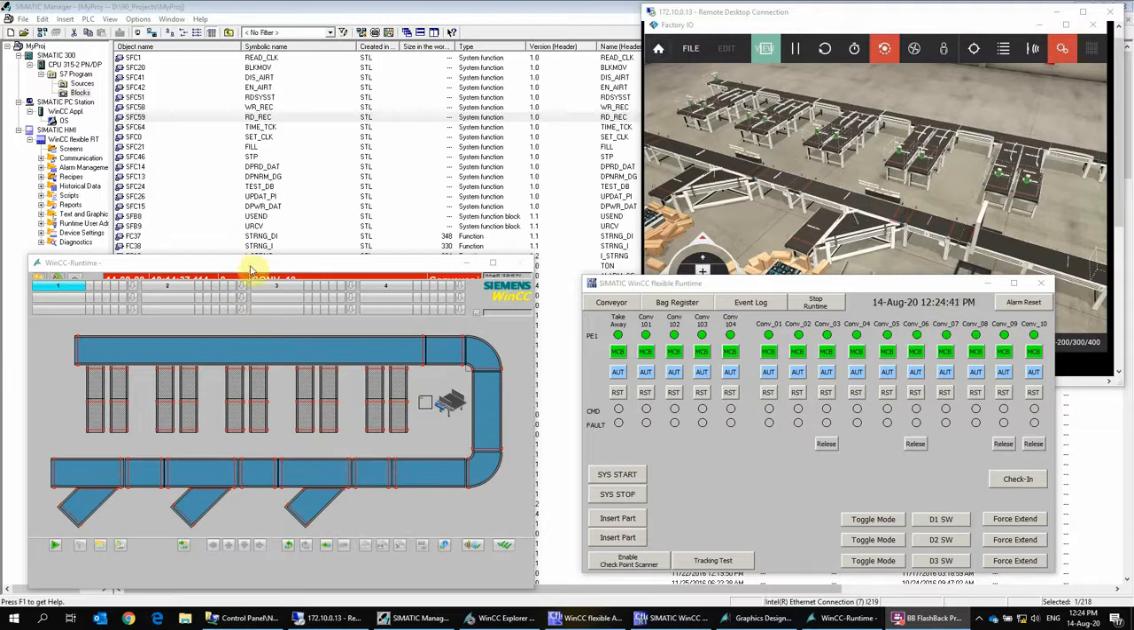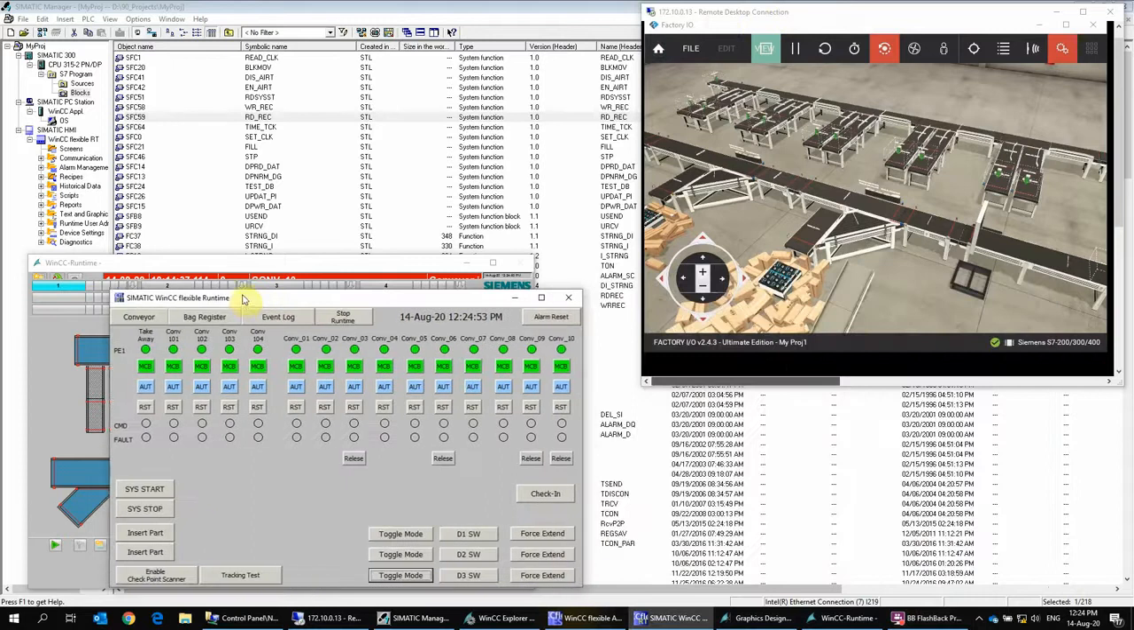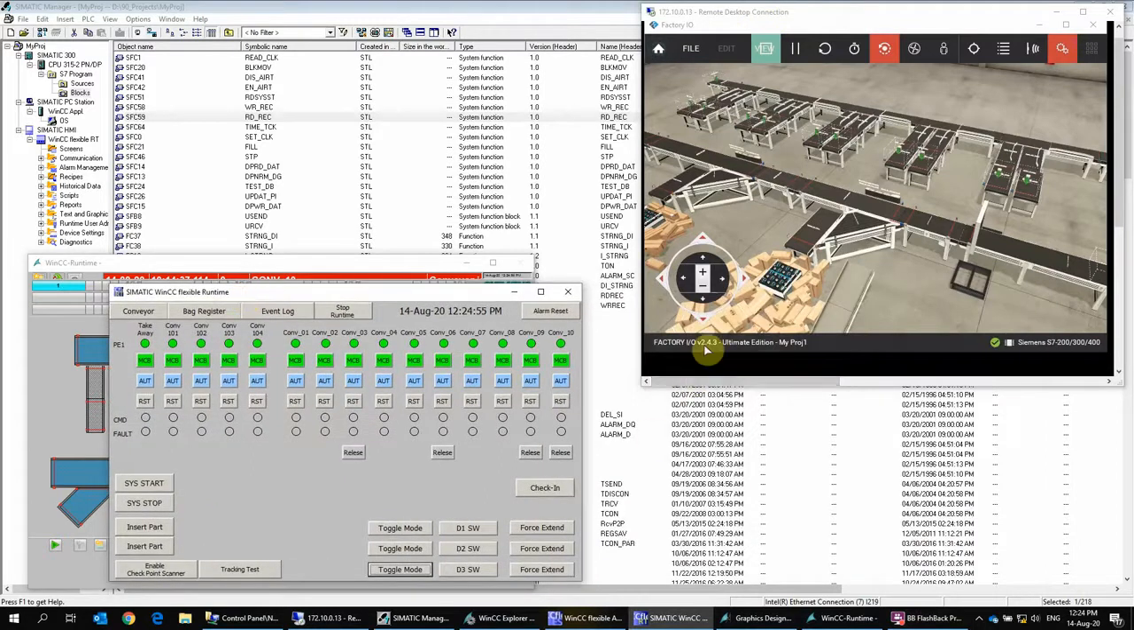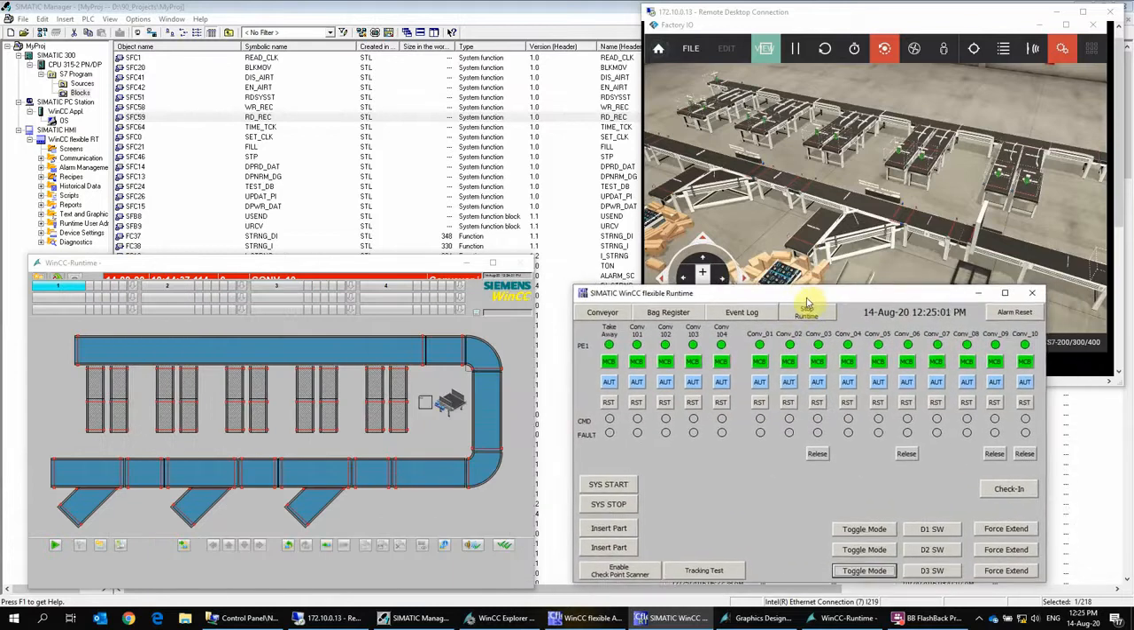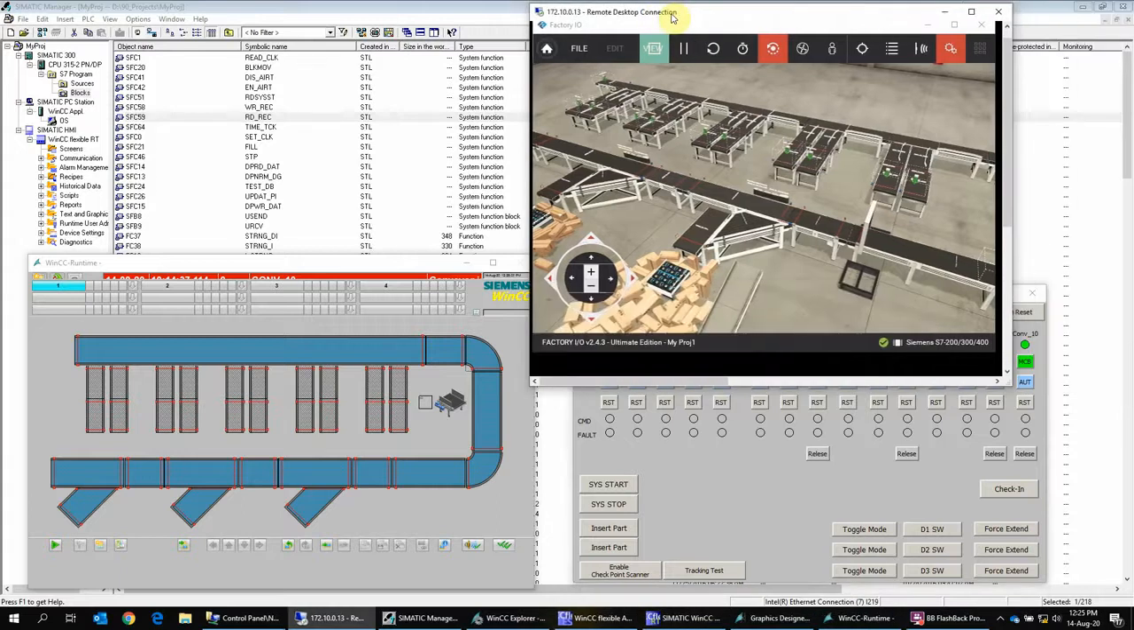So today I would like to show you how to test your PLC program with the simulation software. As you can see here, today I'm going to use Factory IO. My version is 2.4.3. So whatever version you have, you can use it. Okay, today what we have here, as you can see on my screen,